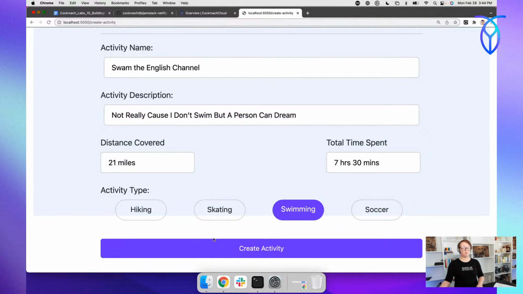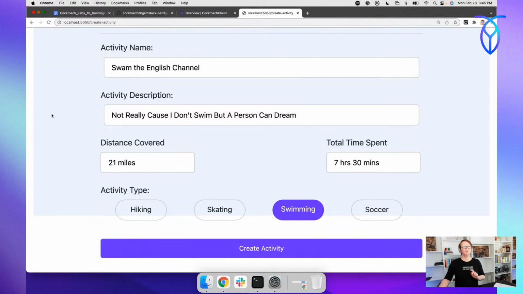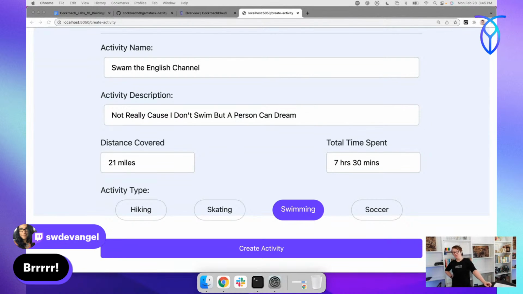Oh, and that looks terrible because we increased the size of this page so much. That's okay. Create activity. One of the things that I would recommend doing, yes, I swam the English Channel in February. Yeah, I would not